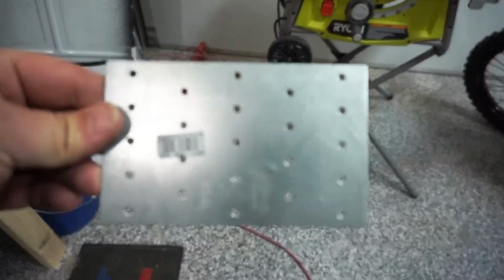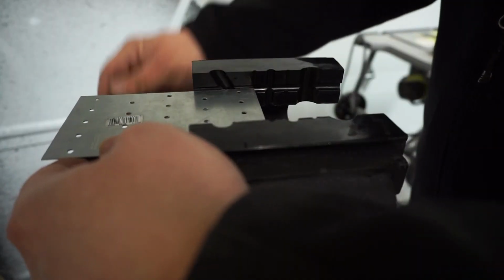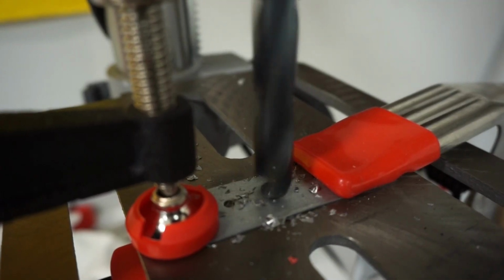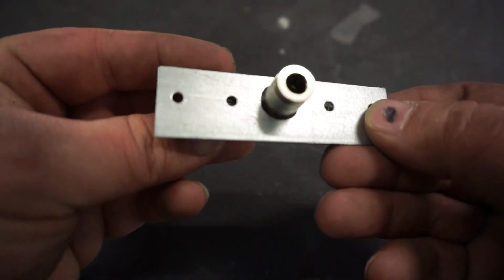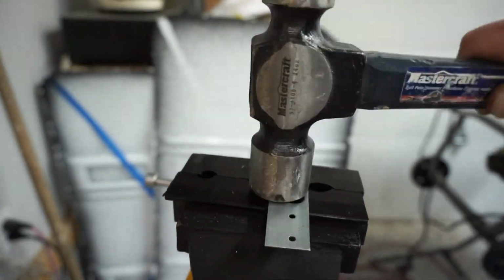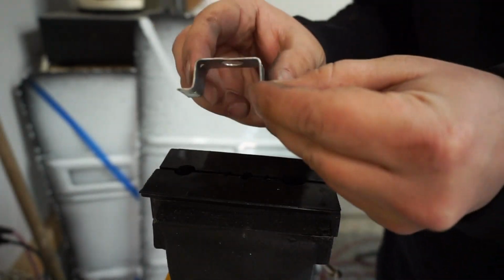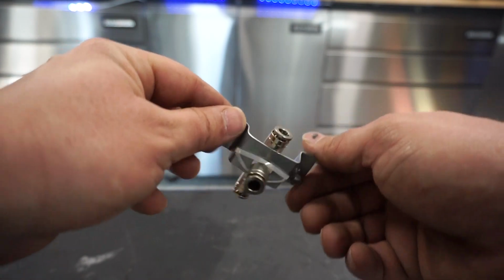Now to mount this T-fitting up underneath that van, we need to make a bracket. So I took some aluminum, we cut off a strip that kind of looks like that, then we took it to the drill and drilled a hole in which the T-fitting will actually fit right through the center. Then we put it back in the vise, just used a hammer and our hands to bend it into the place and shape we needed, and bada bing bada boom, that's what we ended up with. A couple zip ties, we were able to fit it into the bracket,